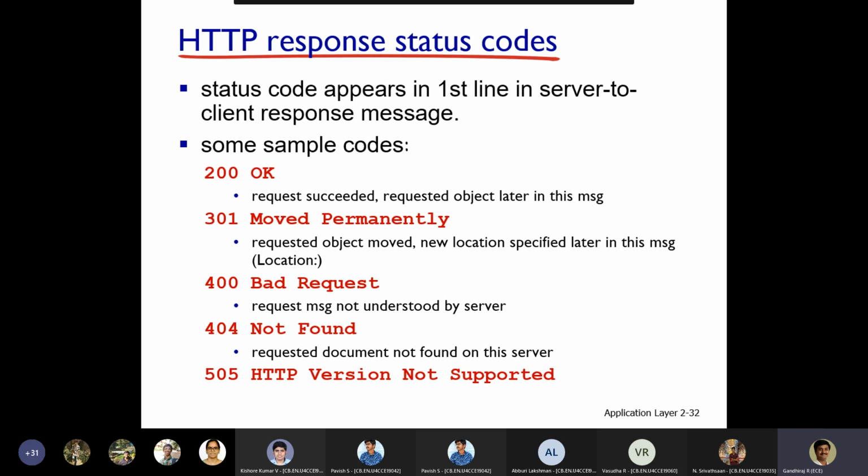In general, an identity number is given: 200, 301, 400, 404 and 505. These are all the numbers.